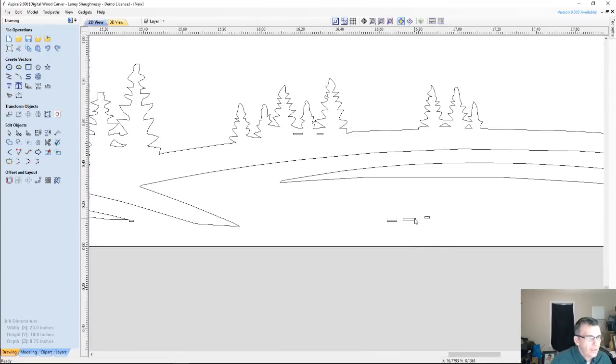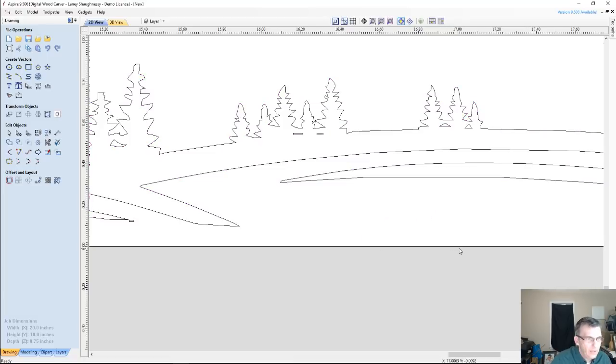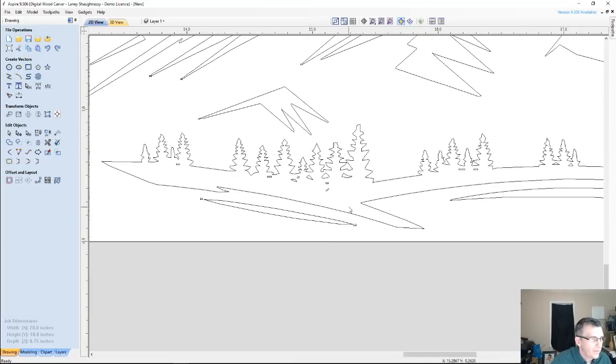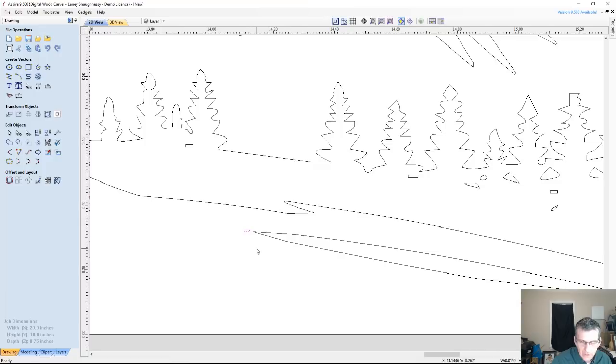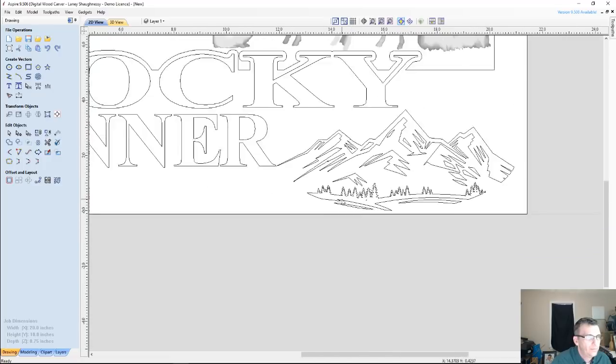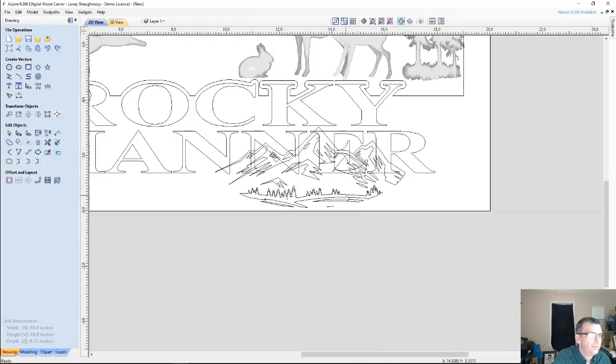Alright, I want to ungroup this so I can grab those things there and delete them. By the way, all of these little pixels here, I tend to go through and just select and delete them. However, if I were to undo everything that I just did,